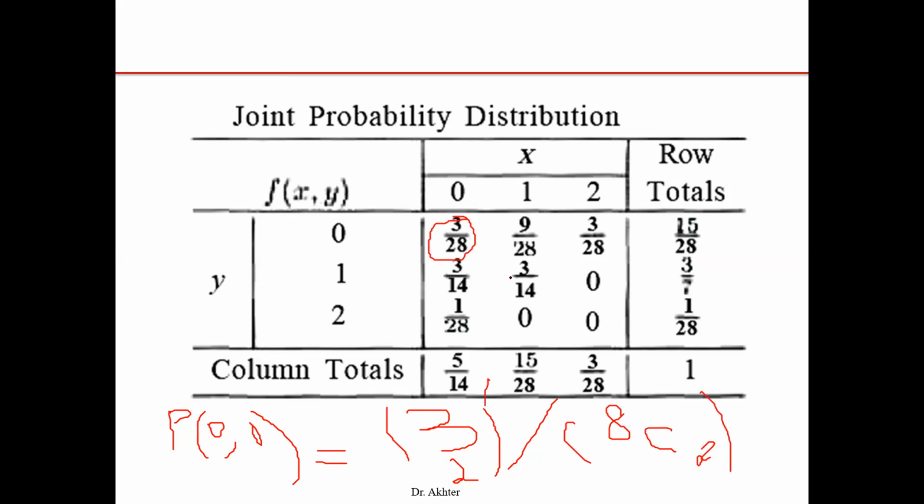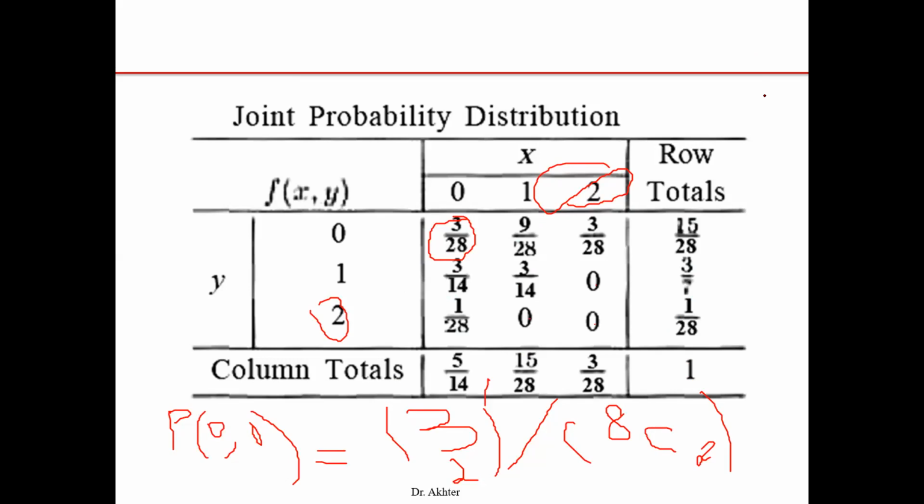So you have to calculate only a few probabilities. Why? Because some things are not possible. It is not possible that we have x value 2 and y value 2, because we are not selecting 4 refills. That is why these probabilities are already placed as 0. This is 0, this is 0. So we have to calculate only these probabilities. You can see that the total of all probabilities is 1 here. If we compute the row totals and the column totals, you can see the 2 other distributions.